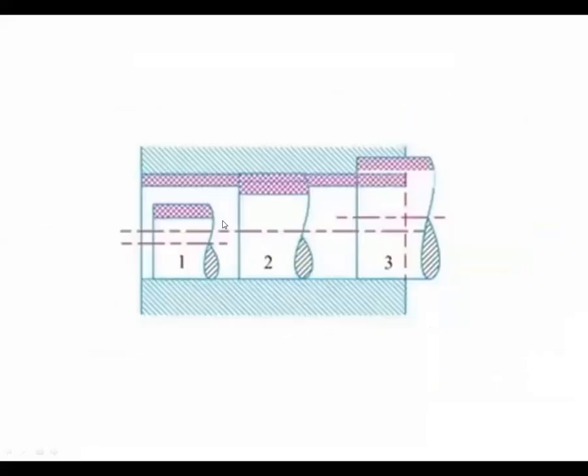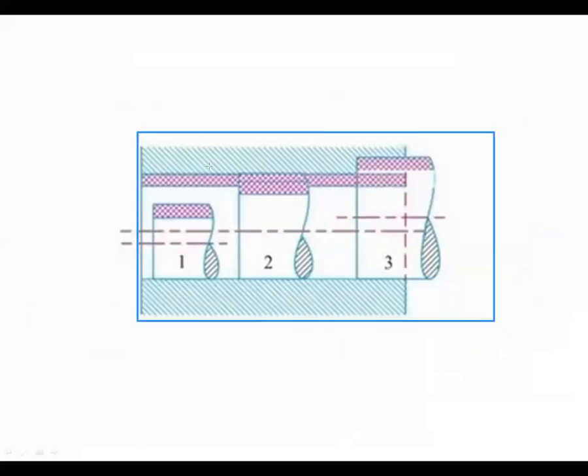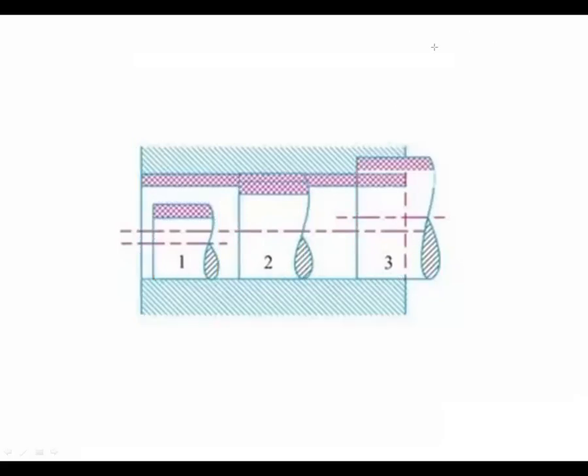See the next diagram. So here a shaft is given and a hole is given. This is the complete hole and three shafts are given. First of all, shaft number 1 has less diameter, so here clearance is provided, so it is clearance fit. Here shaft diameter is more, it is interference fit, and here it is overlapping, so it is transition fit. So shaft number 2 is under the transition fit.